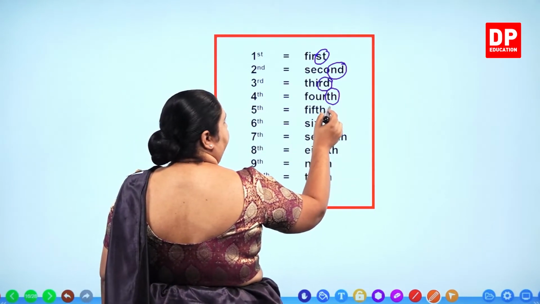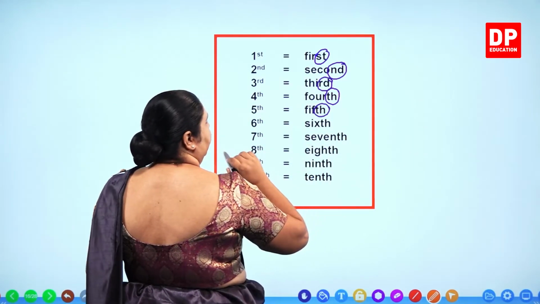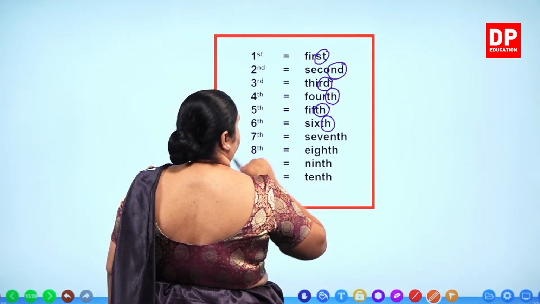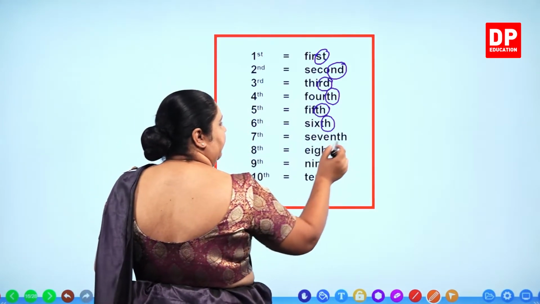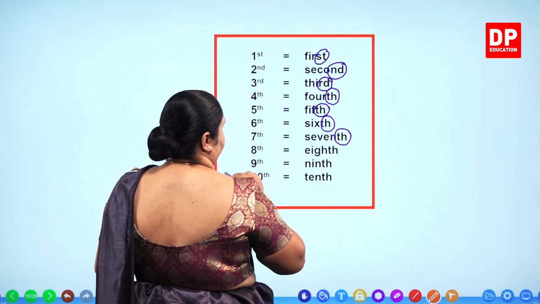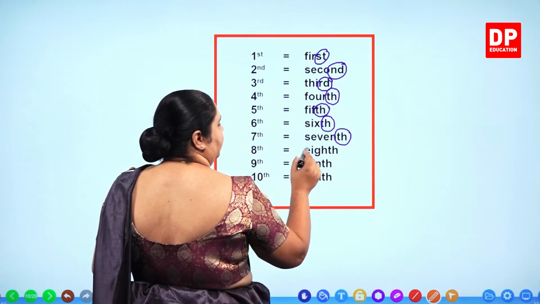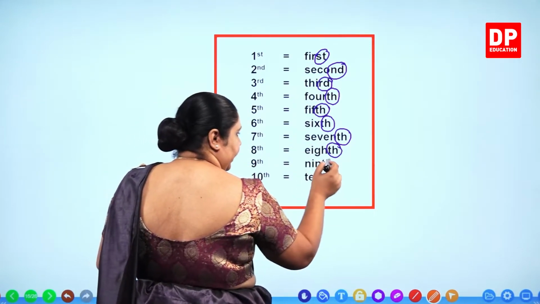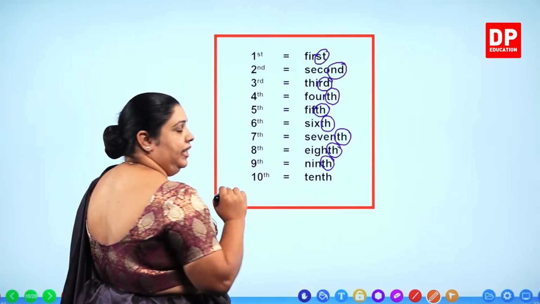Fifth, FIFTH. Sixth, SIXTH. Seventh, SEVENTH. Eighth, EIGHTH. Ninth, NINTH. 10th,